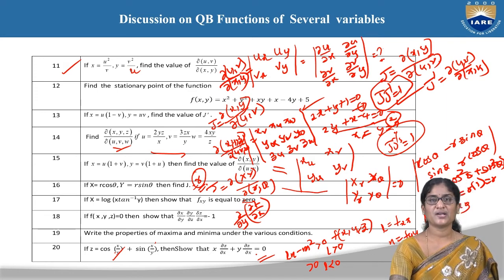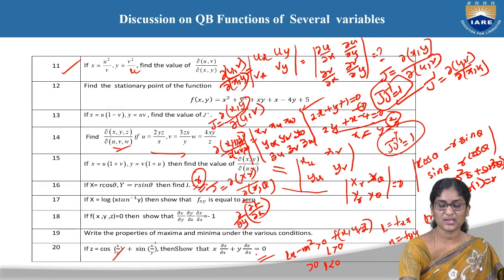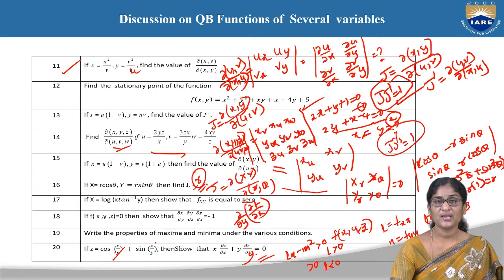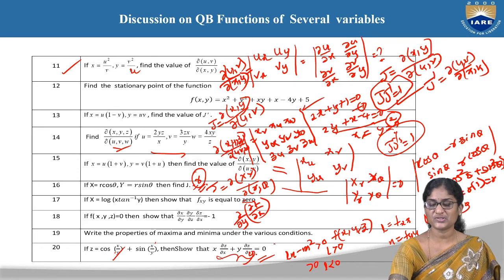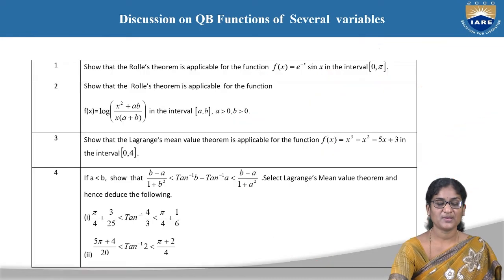Next, you find out the z with respect to one, and this is y, I think. Then we have to substitute these two in the LHS part, equate that, and cancel the like and unlike terms, so we are going to get it as 0. So this is how we can discuss the question bank questions of Part A.